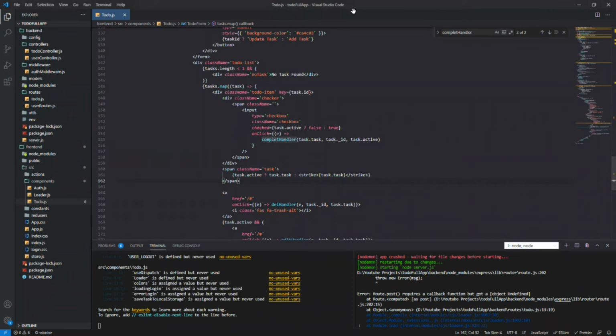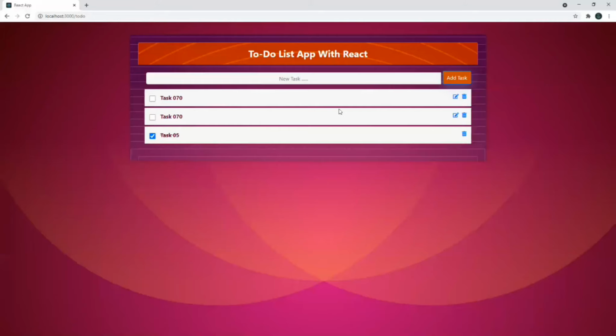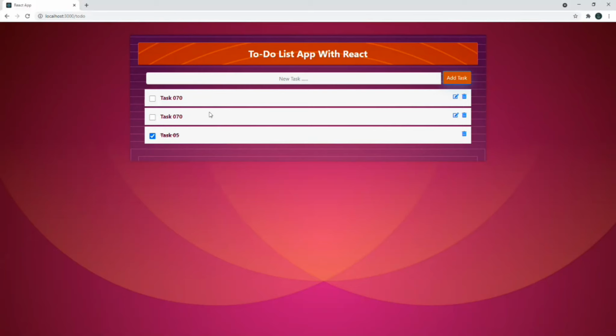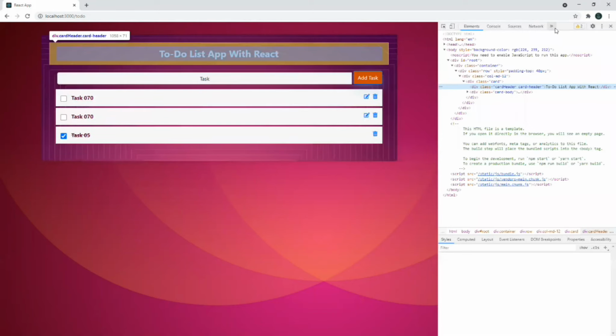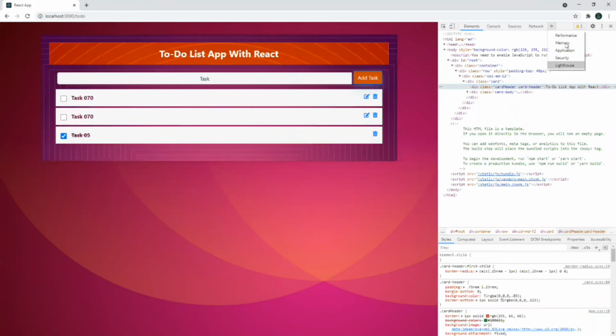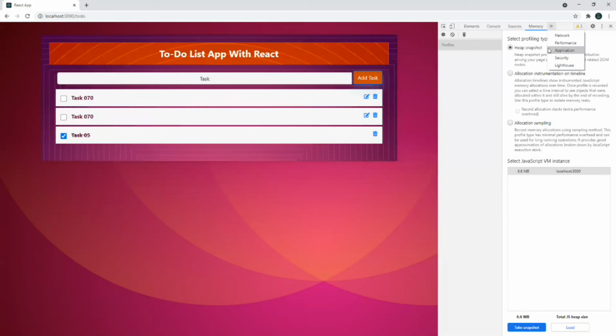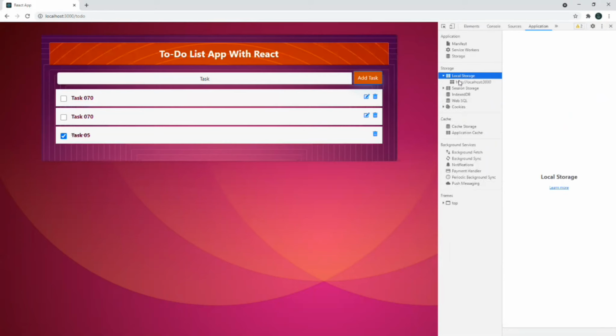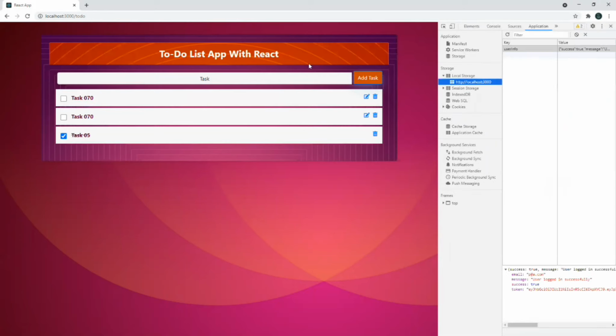Now we need to test. So go to the browser. In this browser, you can see we have just reloaded. Whatever task is present in the database, it comes. This came already. If you want to check, you can open the local storage. You can see now data is not stored in the local storage. Go to the application, local storage. Only user info storage is there.